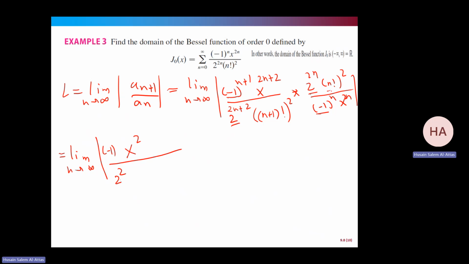Now n factorial, n factorial, and this is n plus 1 factorial, n plus 1 factorial. So I have n plus 1, n plus 1, because this is n plus 1 times n factorial. Cancelled. And the same thing with the other. So I have n plus 1, n plus 1. So in the limit, I have a number over infinity, that will be 0, which is always less than 1. So this series